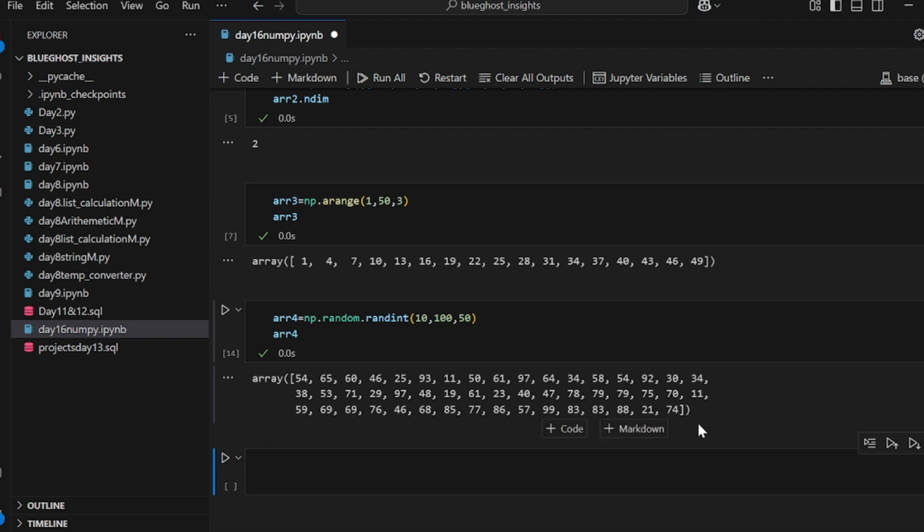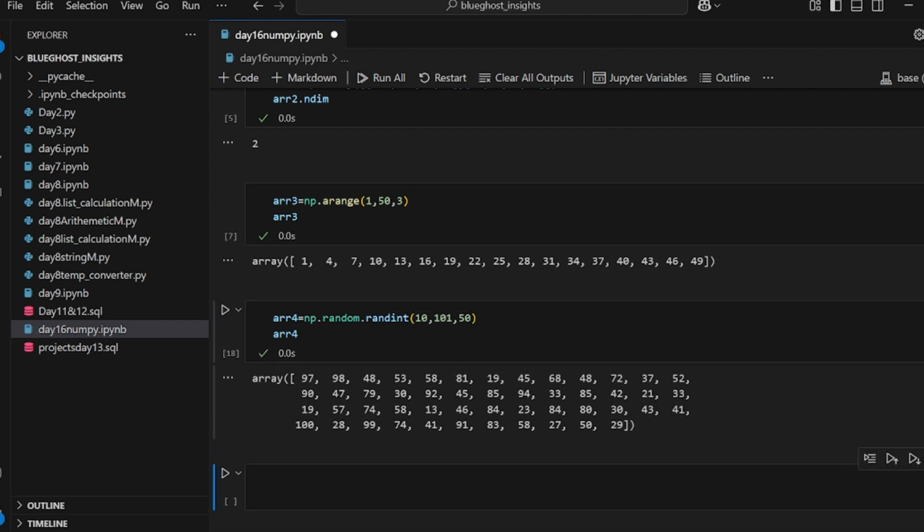That is one beautiful thing about NumPy, right? Anytime I run this code, I'm going to see a sequence of changing numbers from the starting number to the ending number that I chose. But you can see 100 is not inclusive. So if I want 100 to be inclusive, I add 101. Can you see? If I keep running this, can you see 100 is found inside the sequence now?